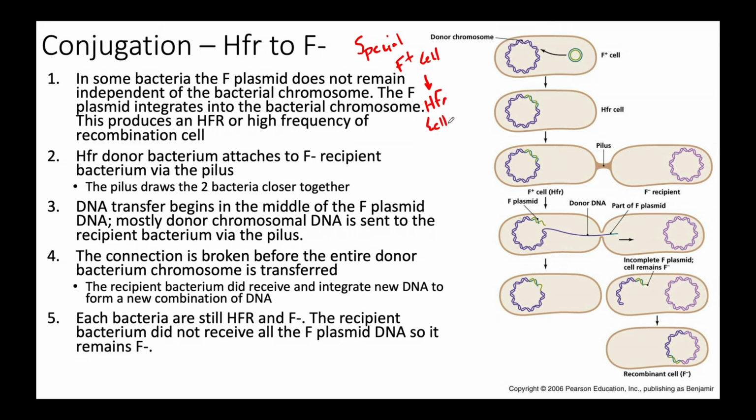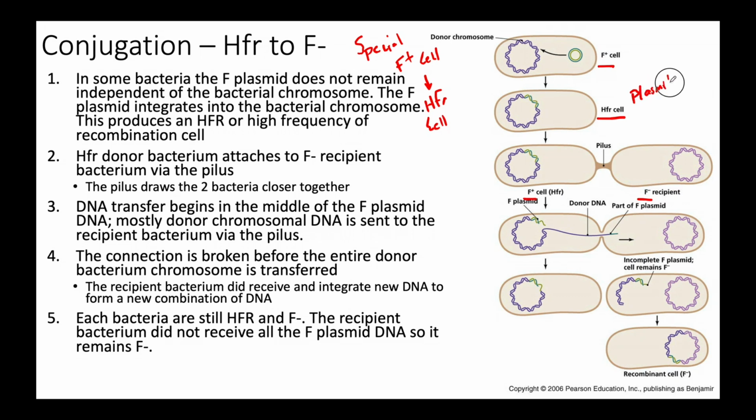So we still have conjugation, so you have an F plus and an F minus. The F plus cell is going to be the donor, and the F minus is going to be the recipient. But what makes this different is it's not going to be exactly like the F plus cell we saw before, because it's going to be a special type called an HFR cell. And if you look at the picture here, or you read this information here, what makes an HFR cell different from an F plus cell is